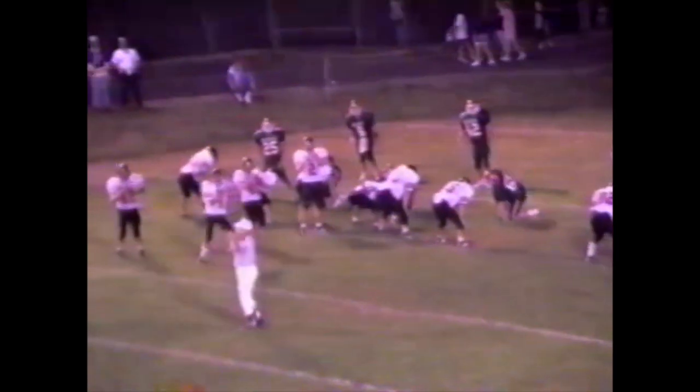Mules go with a slot. Now they're switching positions, and the Mules want a timeout. All kinds of confusion out there. The Mules take a timeout. We're going to keep it right here with 4:16 to go here in the third quarter. Mules lead 32-20. Extra point attempt coming up, and Bob, the timeout is justified here because the Mules need the